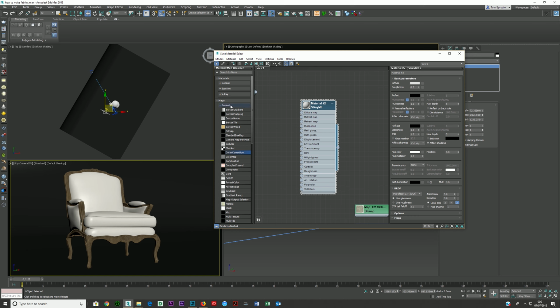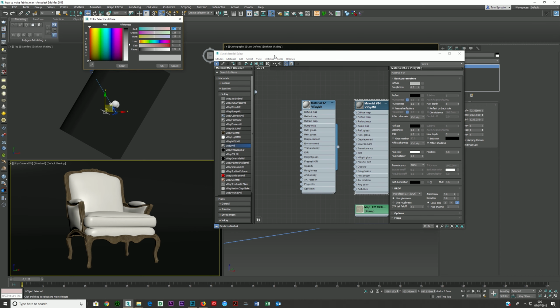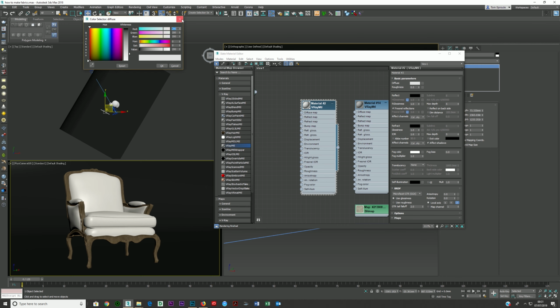And to get this V-Ray material here, if you want, you can come over here to your materials, click on V-Ray, and just double click this and it will bring one into the scene. And all I've done is come in here and change this diffuse to this amount here. So,